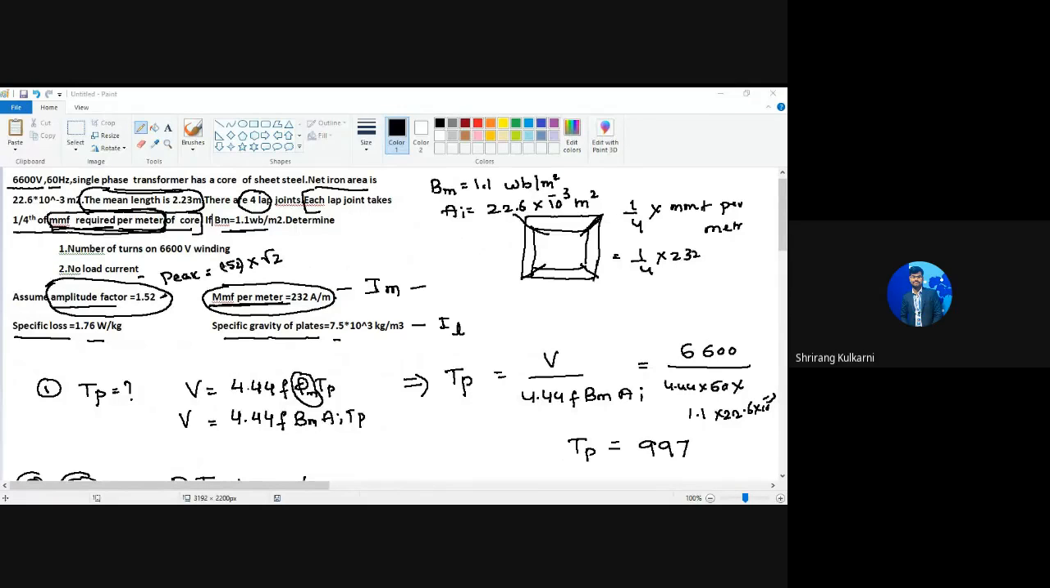MMF of joints, what is it? It is 1/4 of MMF per meter. So they have given the MMF per meter value, and 1/4 of that gives the answer for each joint. Total how many joints do we have? We have 4 joints. So you will get the MMF of